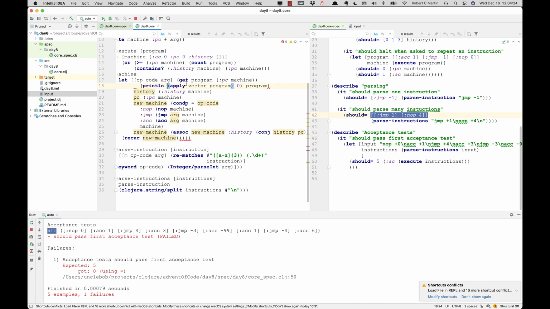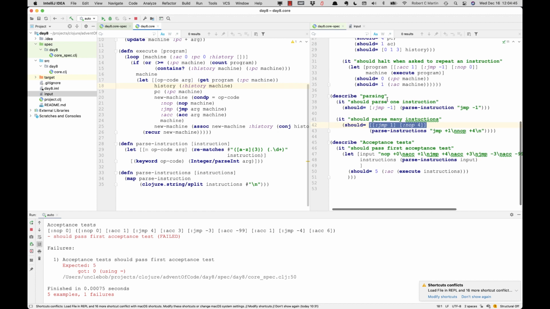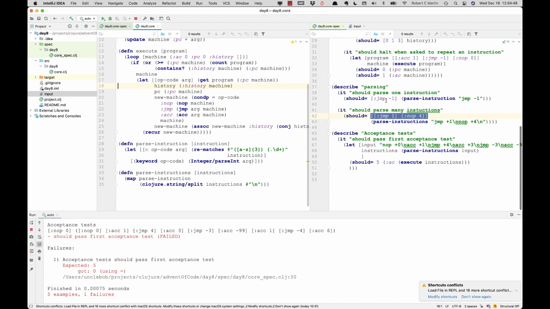And then I'm going to just get that. So I'm going to get from the vector the 0th element. And now when I do that, you see, oh yeah, I got that no op down there. So that, I think, is the problem. Okay, if that is the problem, I should be able to fix that in my parsing. When I parse it,